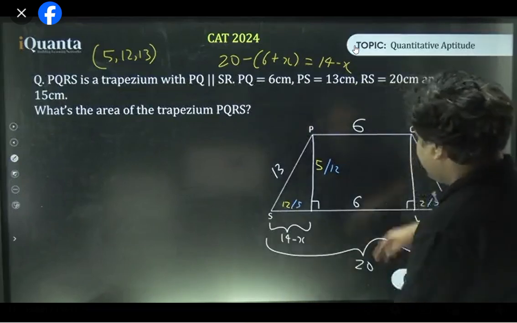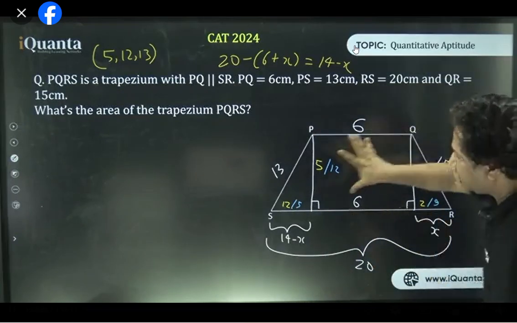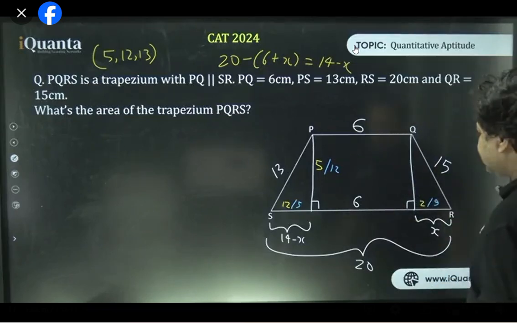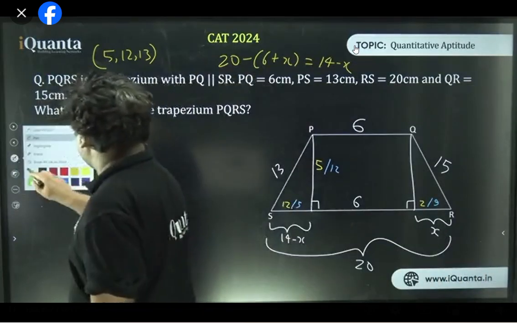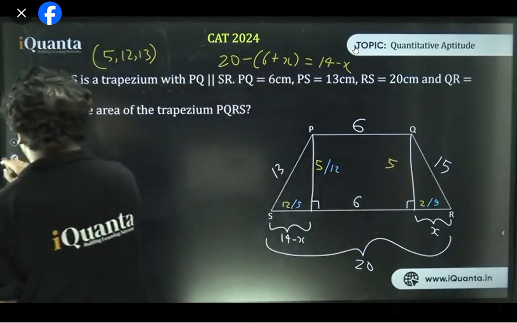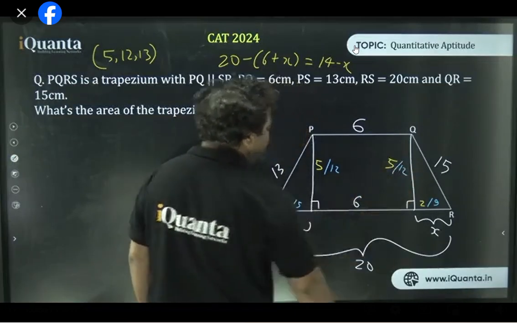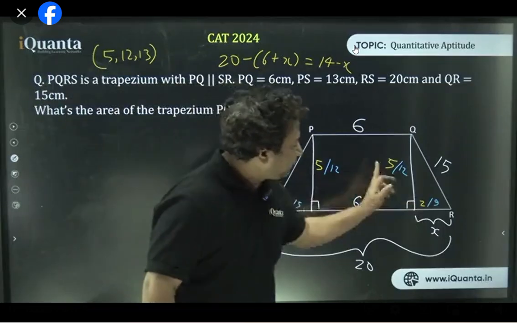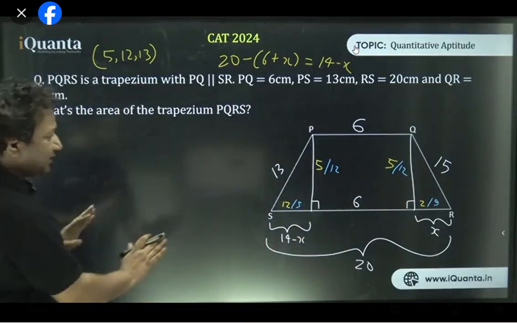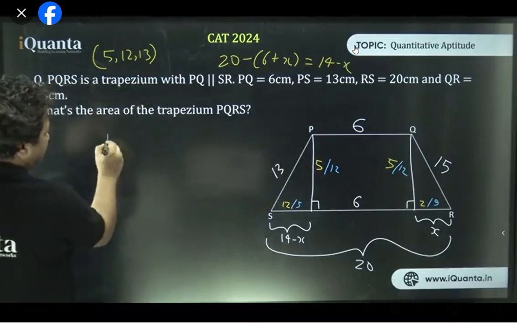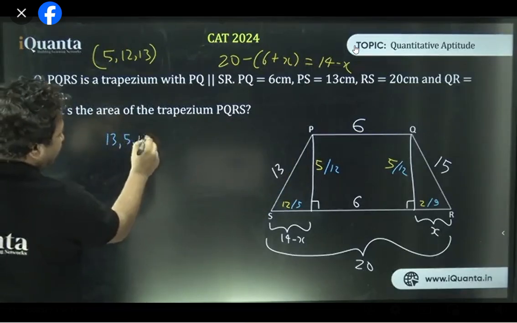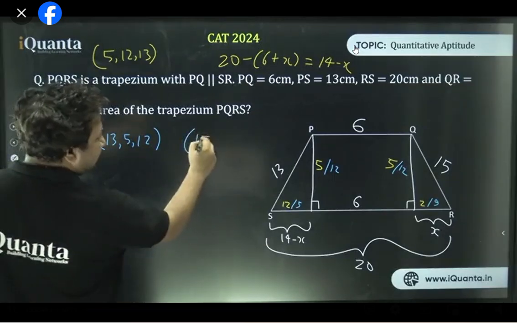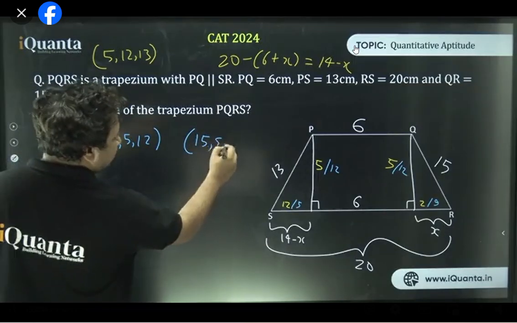Now tell me something. This length and this length will be the same, yes or no? This has to be the same. No, it's the same height. The height of the same figure will be the same. It can't be that this is 5 and that is 12. Am I right? So let me write over there this 5 and this 12. Now tell me something, everyone. Is 2, 5, 15 making a triplet?